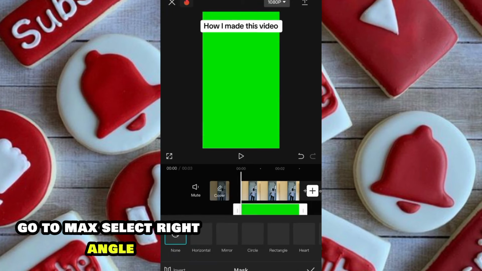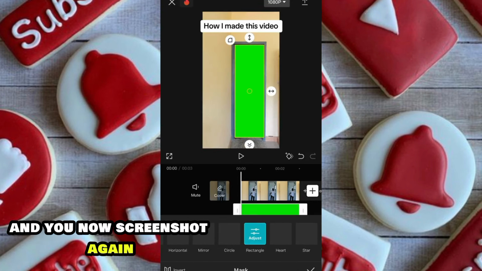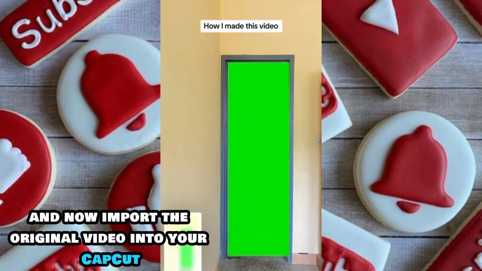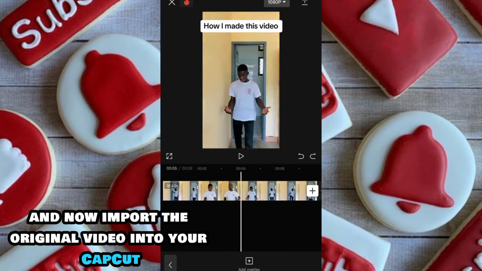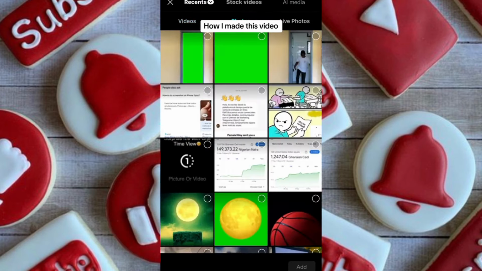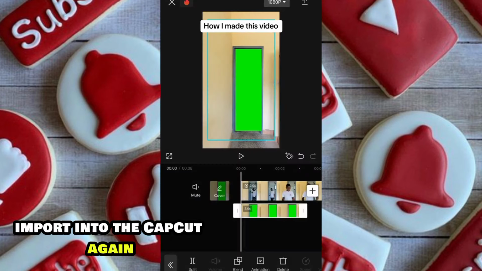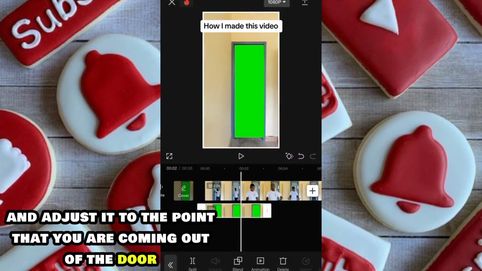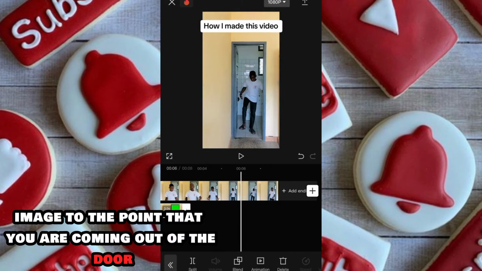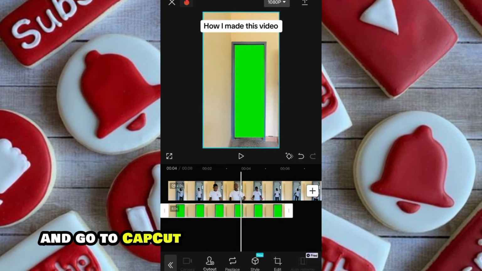Select right angle. Go to mouse, select right angle, adjust it to fit the door, and you now screenshot again. You save and screenshot, and now import the original video into your CapCut, and now take the screenshot image and import into the CapCut again, and adjust it to the point that you are coming out of the door. Adjust the screenshot image to the point that you are coming out of the door,